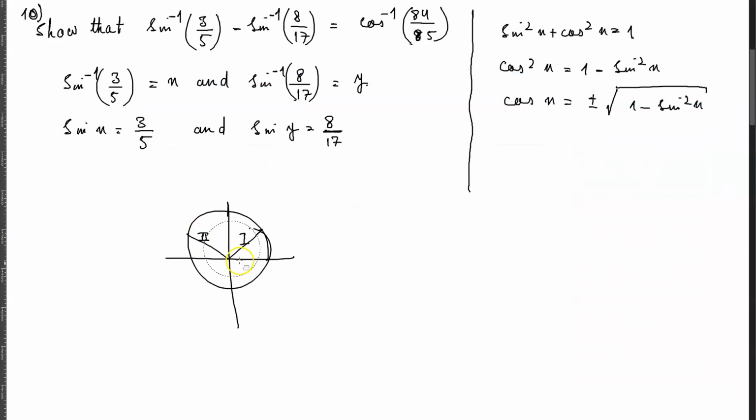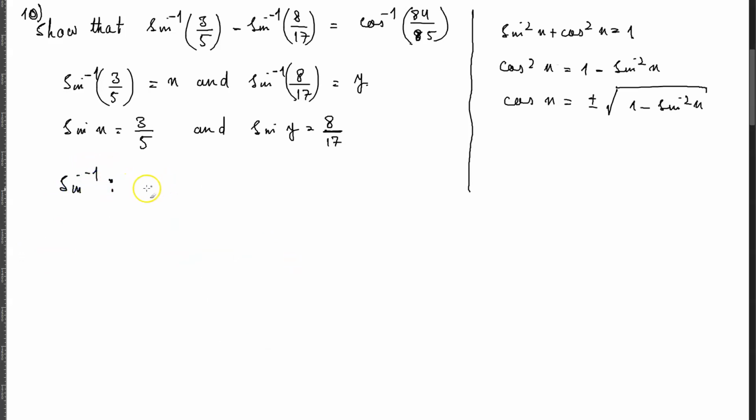We said that the sine inverse function is a function that goes from negative 1 comma 1 to the range which is negative pi by 2 to pi by 2, and that is a closed interval. Now since that is the case, then that means that